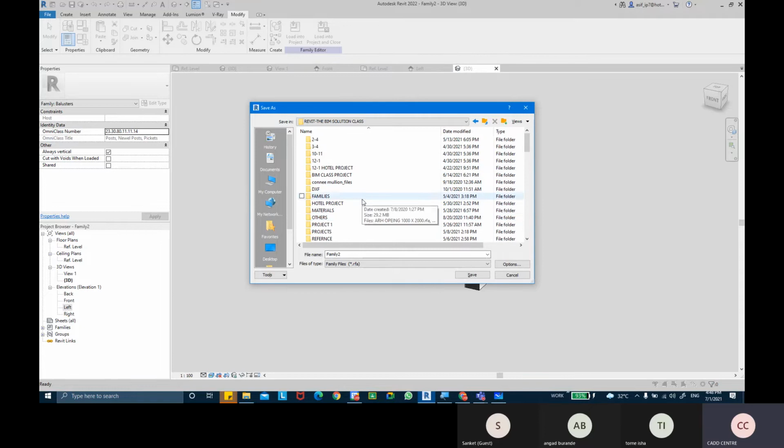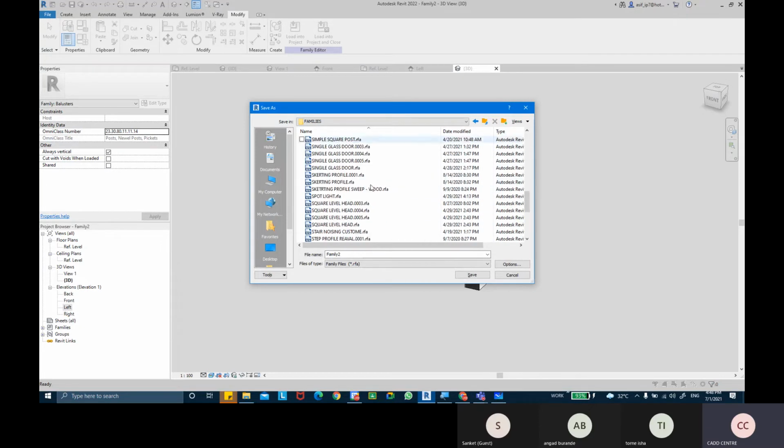Make sure that you save it in the correct folder. Then I'm going to call this classic baluster main pattern.